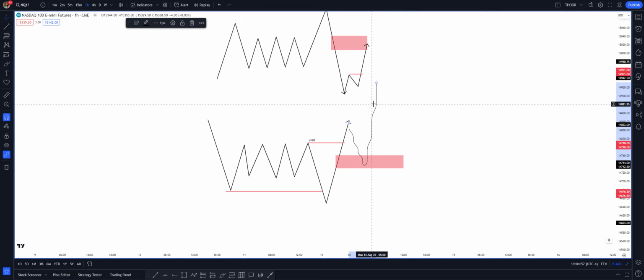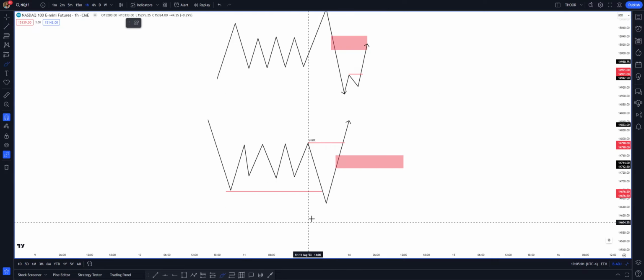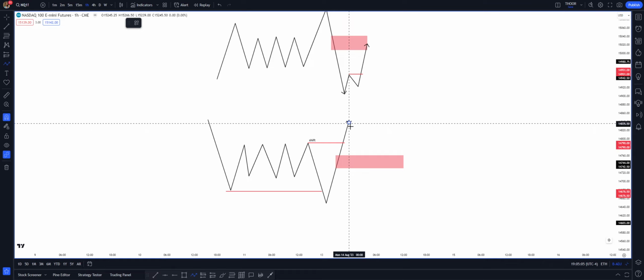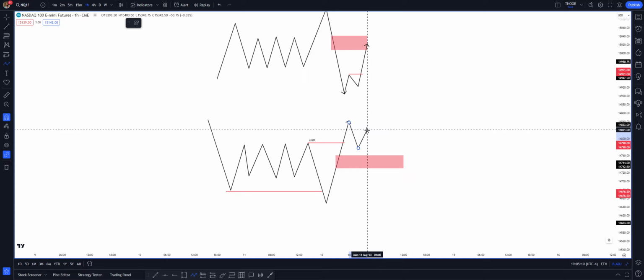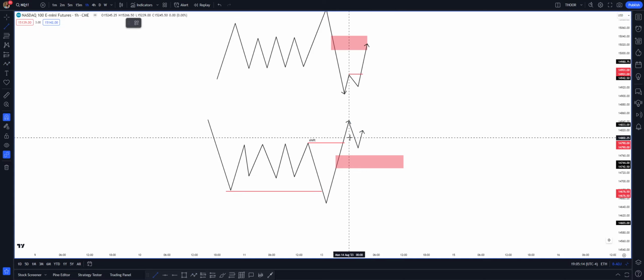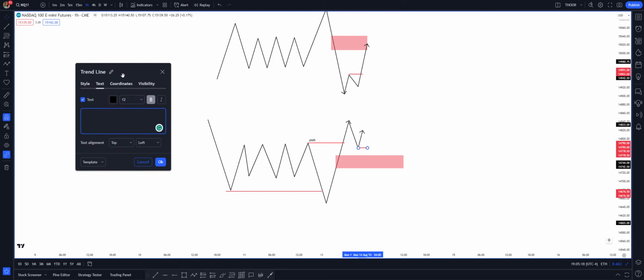So, on the other hand, before market opens, let me just use this tool. Before market opens, if it was trying to trade into this fair value gap, it failed. Let's say it failed, and it created this swing low, right? This short-term sell side. Or let's just put SSL,